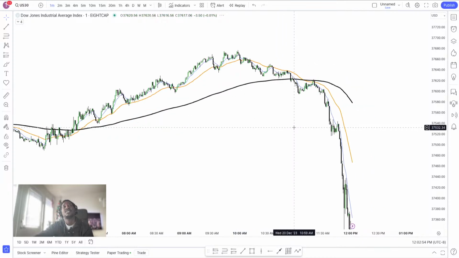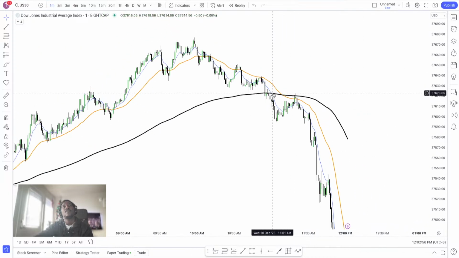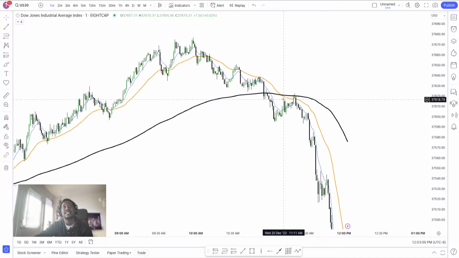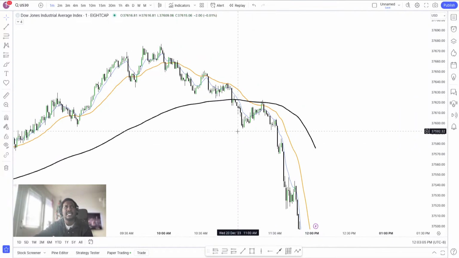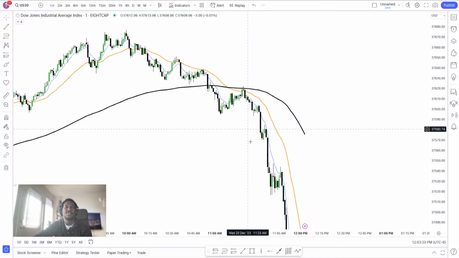So for a sell, you wait for 9 and 36 to come below the 200, and of course price is going to be down here, and then at the retest of 200 you wait for price to come below the 9 EMA, right? And they are all lined up perfectly. 9 has to be below 36 and 36 has to be below 200, and there you have your 200 test.